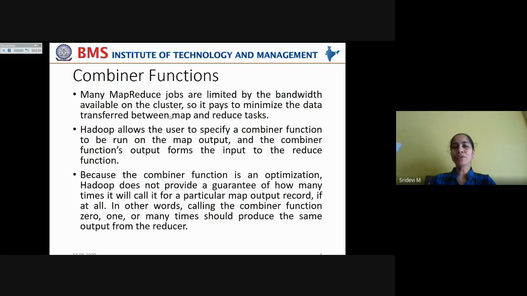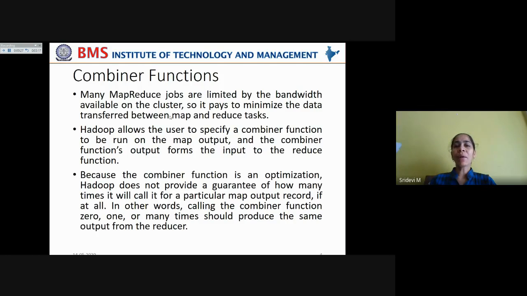Now many MapReduce jobs are limited by the bandwidth available on the cluster because multiple MapReduce jobs will be running. You are not the only client that requests a processing task. Many HDFS clients simultaneously request many types of processing jobs to be run parallelly.